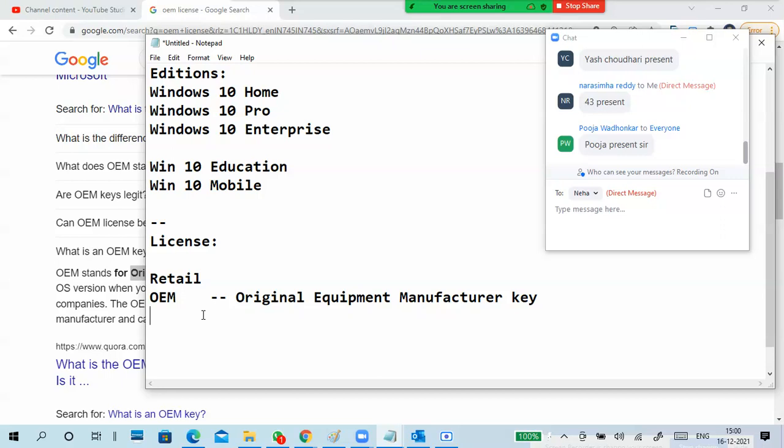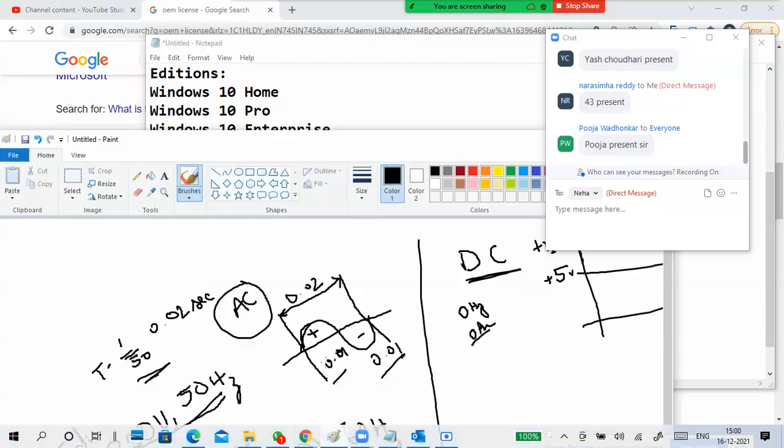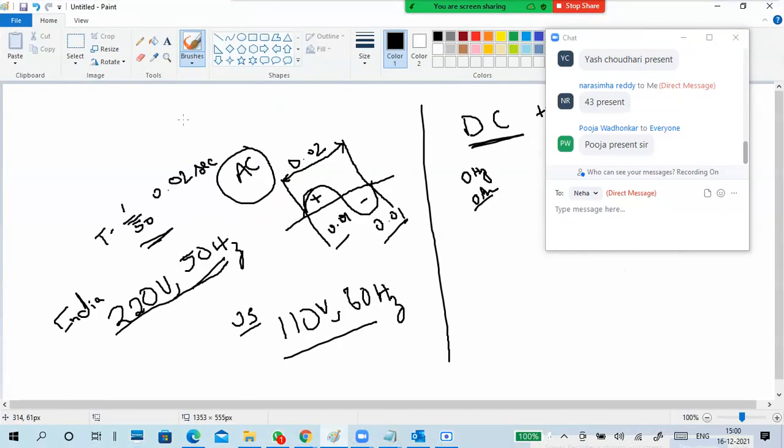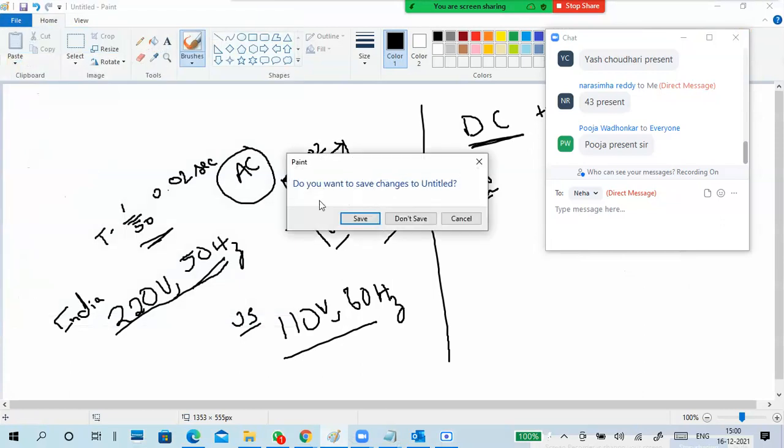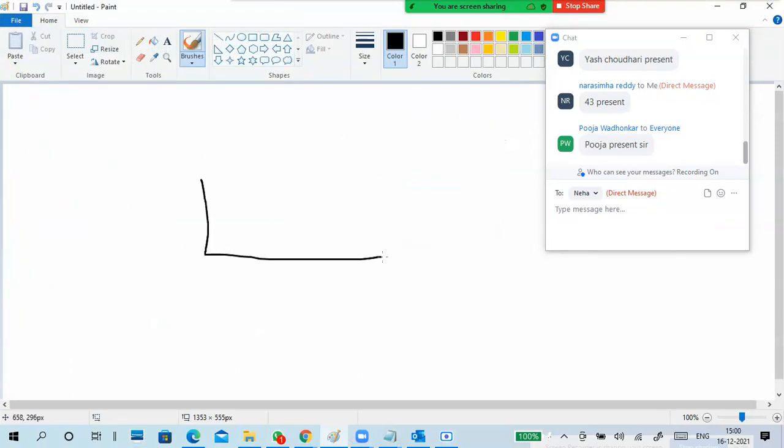For example, this is my laptop. I got it with Windows 10, something like a Home edition. Generally, we all get a Home edition.